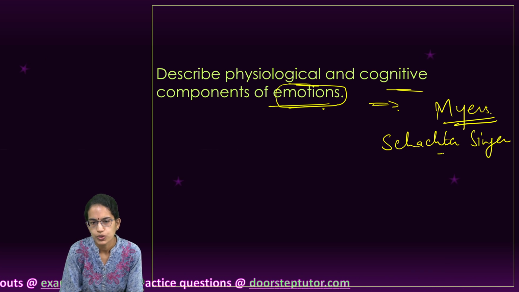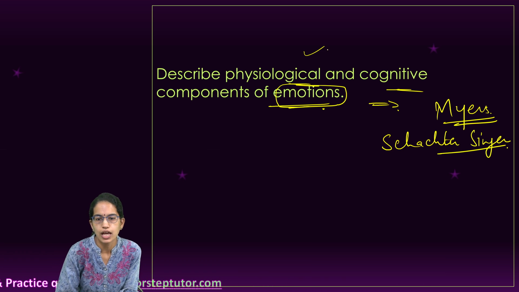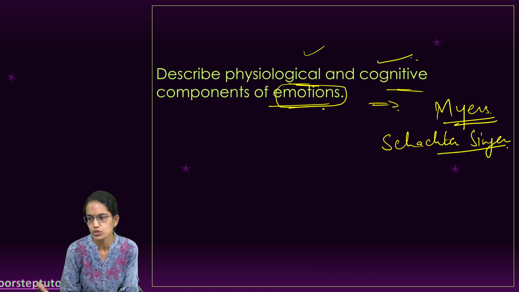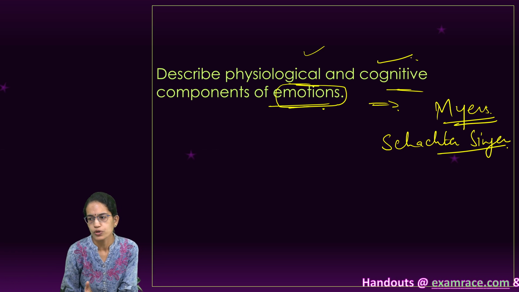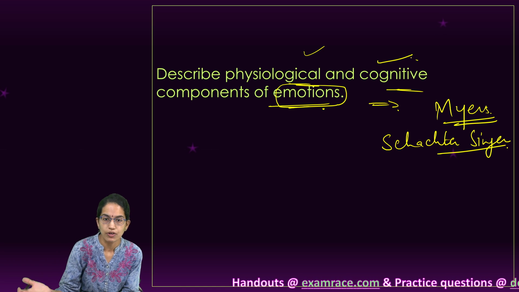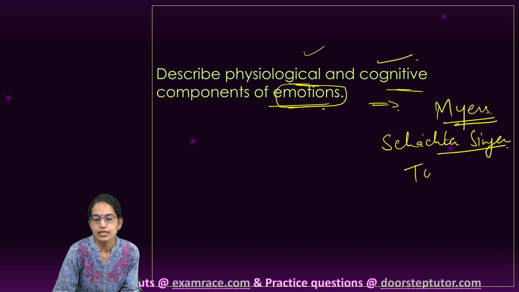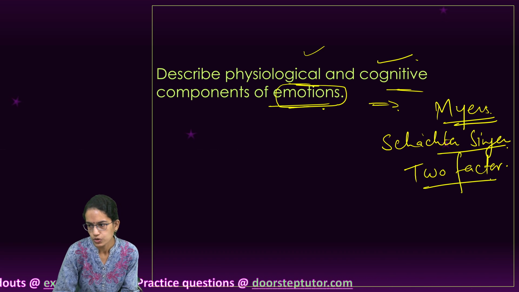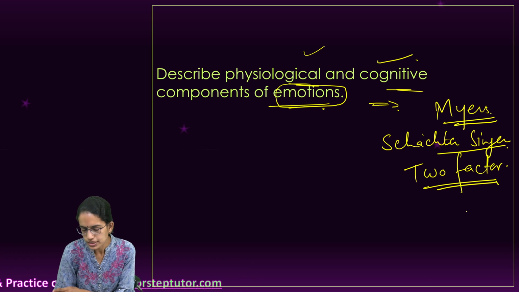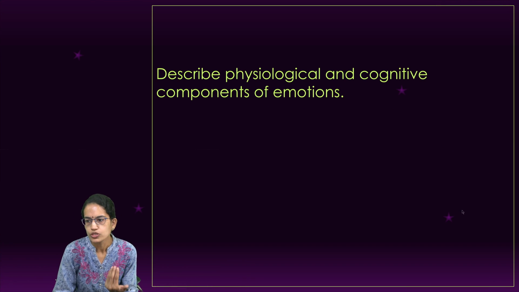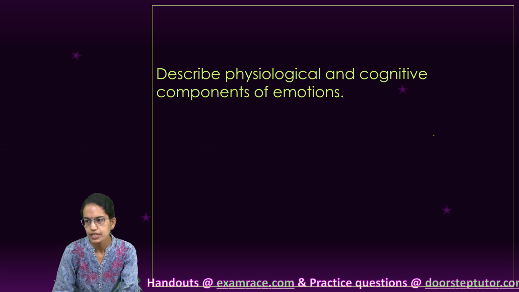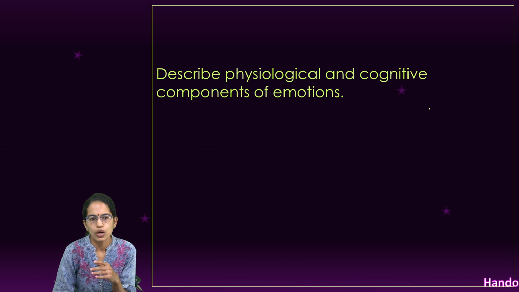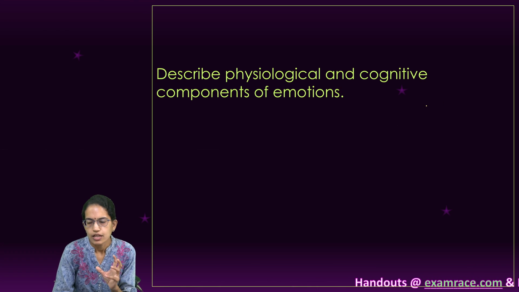That was the theory under which we understand the physiological and cognitive components, and this theory is one of the theories that we have covered significantly, where there is a physiological arousal followed by cognitive labeling of the physiological arousal, and finally the emotion comes into play. This is also known as the two-factor theory, one of the major theories that we discuss here. Also, there are various concepts related to this theory which have been explained in detail.